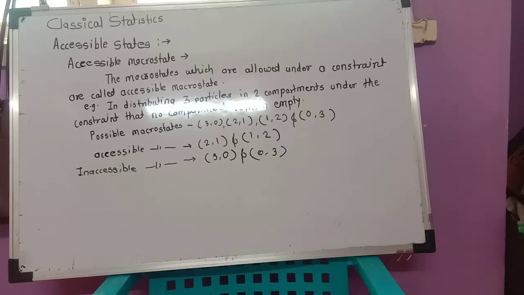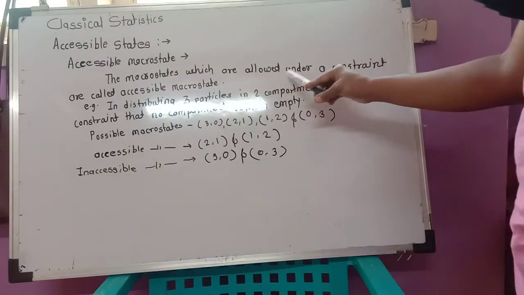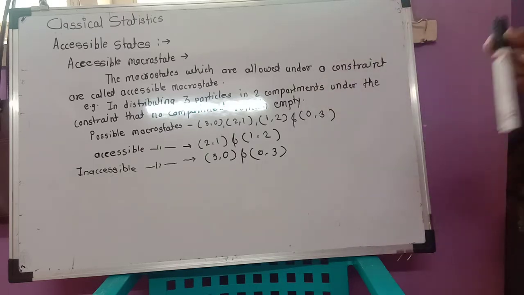Now we see the accessible states. Accessible microstates means the microstates which are allowed under certain constraints. For example, we have three particles, and we have to distribute these three particles into the two